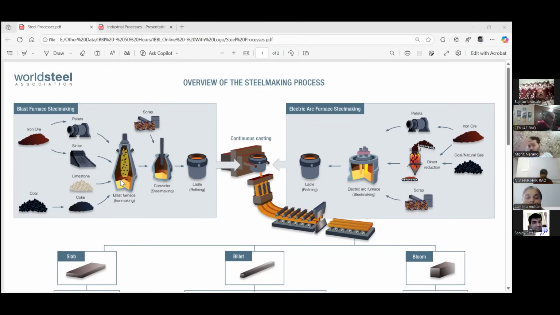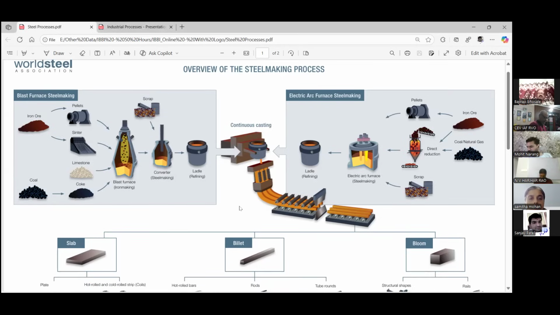Due to the heat, your solid iron ore melts down, and molten iron is stored. When the process is complete, meaning the entire feedstock is converted into molten iron, it comes out through the manhole, goes through the converter, and later goes to the continuous casting machines. Casting machines convert liquid into a specific solid shape. So continuous casting machines, according to whatever mold is available, may convert it into slab,